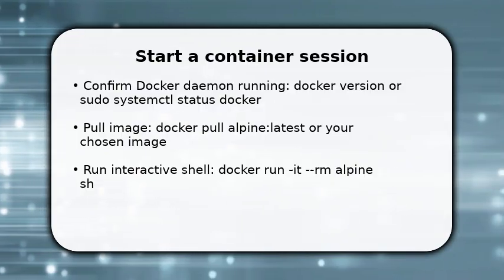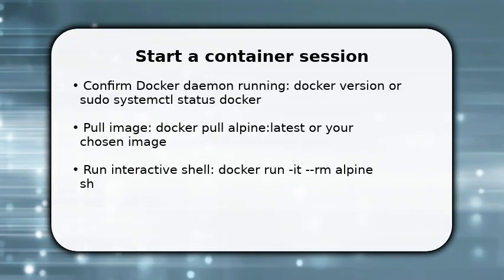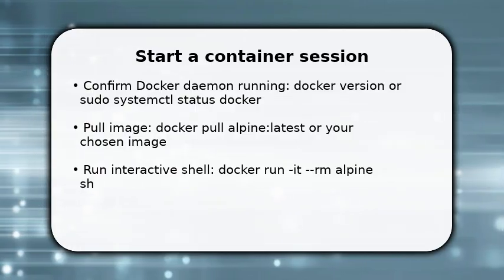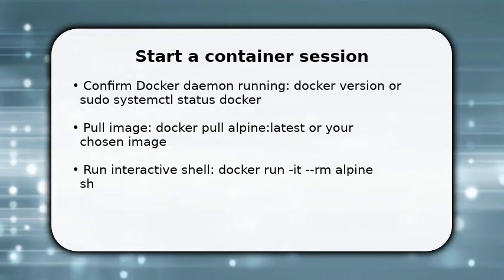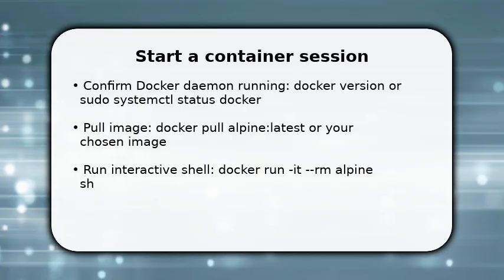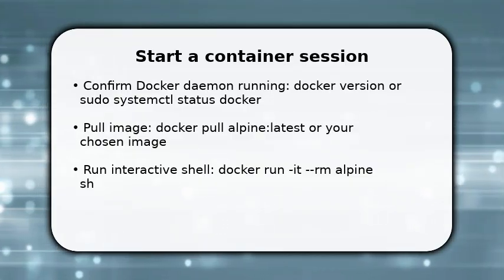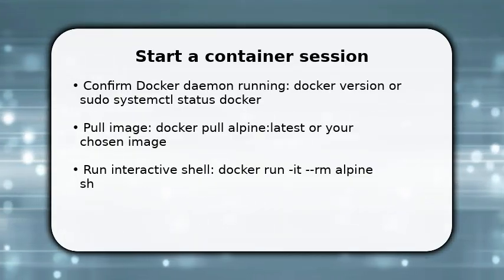docker run -it --rm alpine sh. This gives you an ephemeral shell to test commands. Use --rm to avoid leftover containers and -it to attach a tty. These first steps let you see the container file system and processes immediately, which is essential before layering volumes, ports,